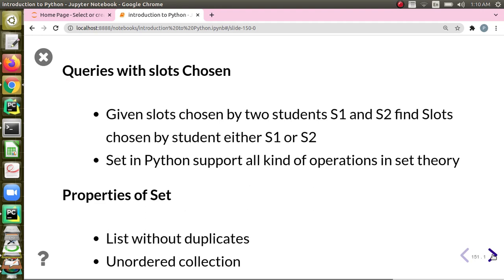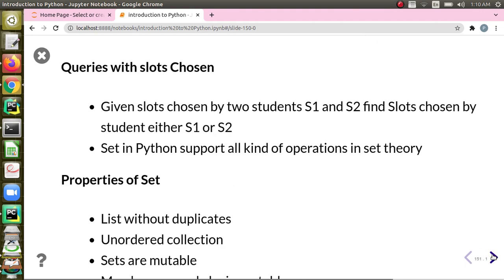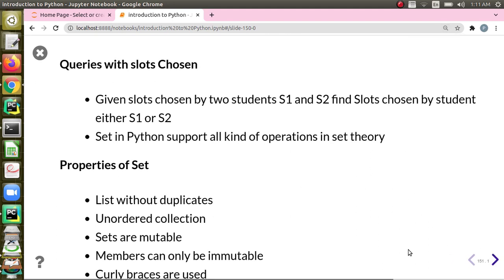And next is another interesting data structure, that is sets. How sets work is just like the set theory we learnt in high school. There will be operations like union, intersection, and so on. Now let us consider an example. There are two students who have their timetable. They have their slots, right? There are a few slots chosen by the students. Now if you want to know the common slots, or the slots taken together by the students, or the difference, then we can use set theory, right? These sets are used for doing it.